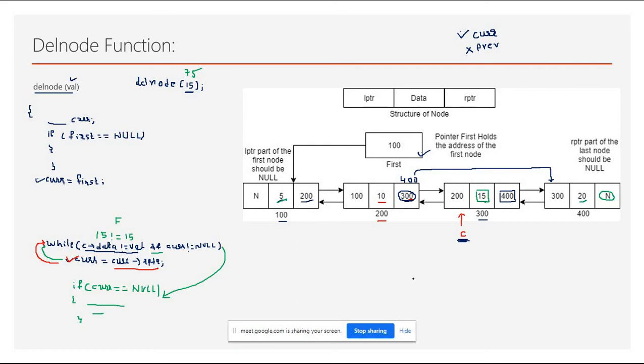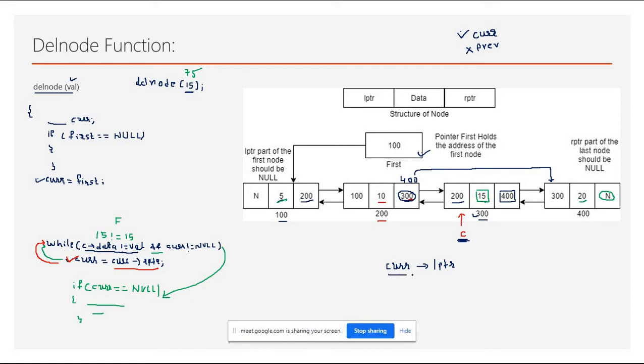So this is the instruction that we need to write. First you write current. What does current mean? Current is 300, right? Then you write LPTR. What is there in the LPTR? Current is 300 and in its LPTR we have 200.